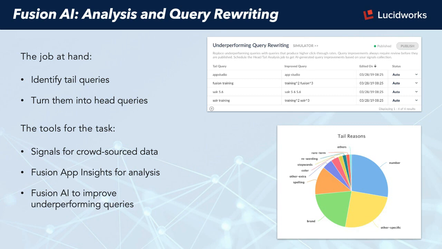There are 4 machine learning tools or jobs running in Fusion that are central to head-tail analysis and query rewriting. There is a head-tail analysis job. Now, this job goes out and identifies the head and tail queries. It does some analysis on why a query might not have been successful. And it stores that analysis in a separate Solr collection, so it can be used throughout the process to help